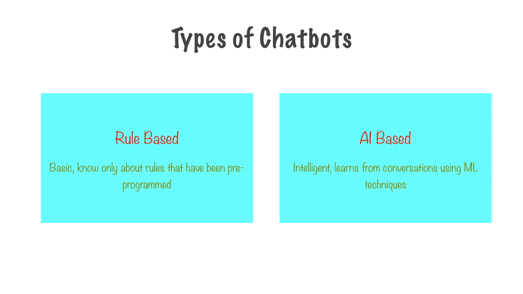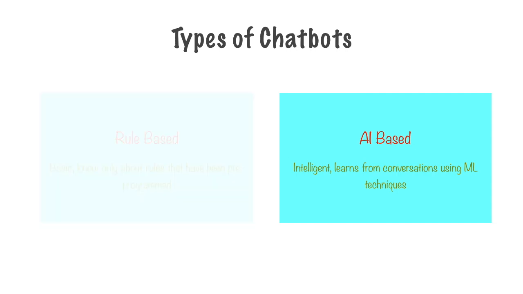They also learn from previous conversations that users have had, such that a chatbot which has been running for a long time, say for 2 or 3 months, will be more intelligent than the bot which existed at the very beginning. These bots are dynamic, and because they constantly learn from human conversations, they get better over time. Google's Dialogflow is an artificial intelligence based chatbot. There are a variety of modes in which Dialogflow operates. We'll see that in a little bit, but it's primarily driven by machine learning algorithms to learn from data.